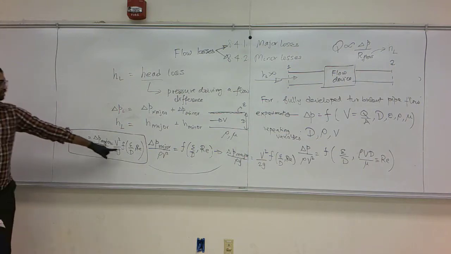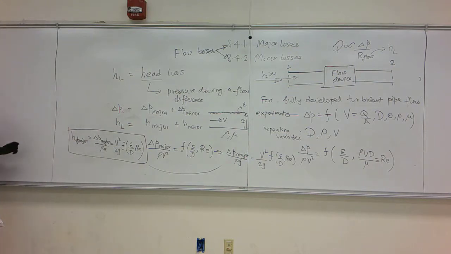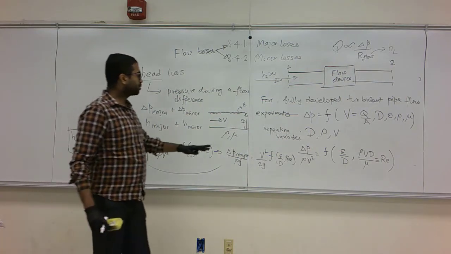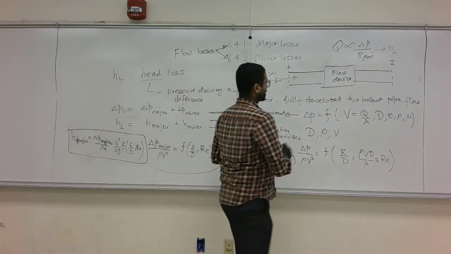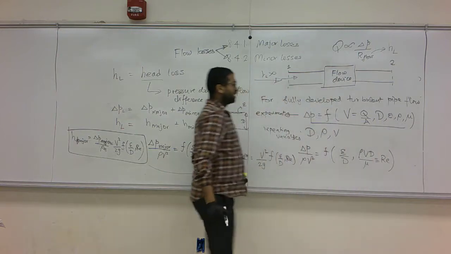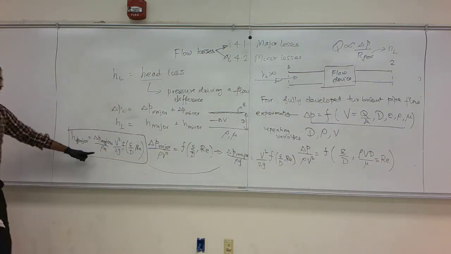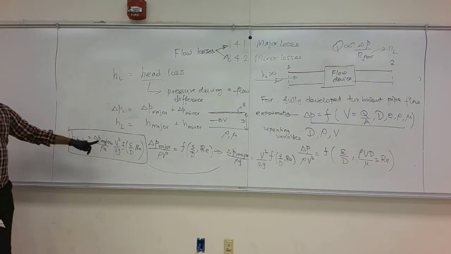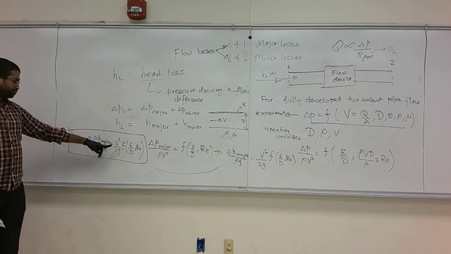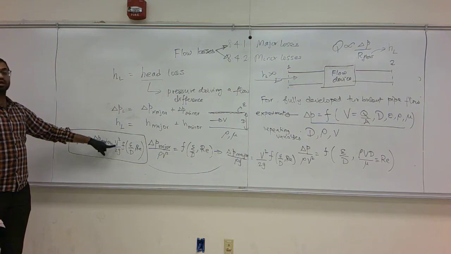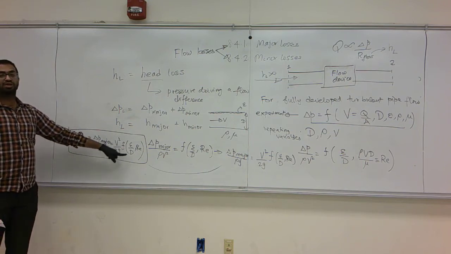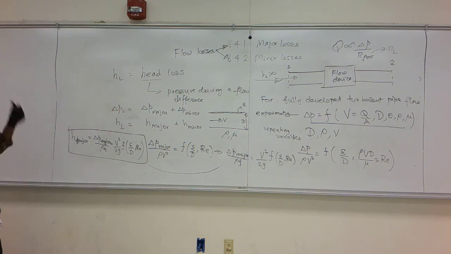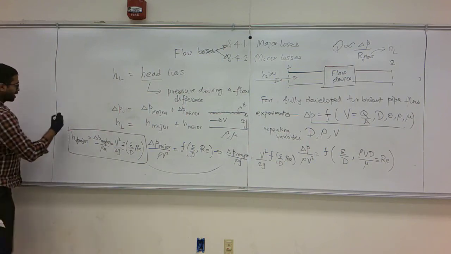We still don't know what this function is. But the ultimate point is, if from experiments you can get data that connects delta P to these variables, you can express it in a form where the head loss can be calculated as a function of the flow velocity and a function that is a representation of experimental data. So this is a practical way